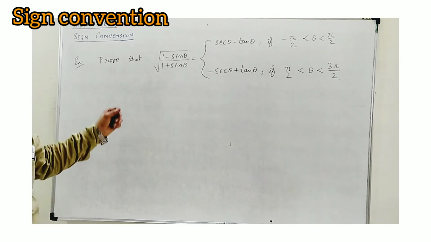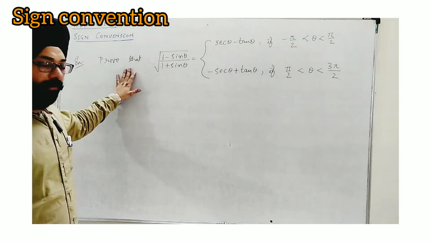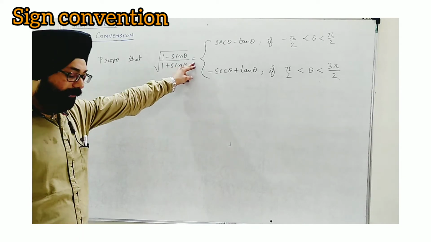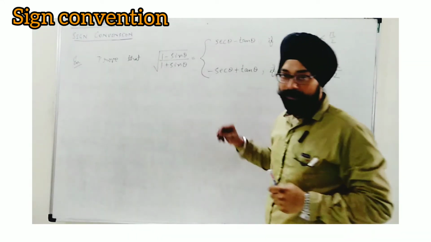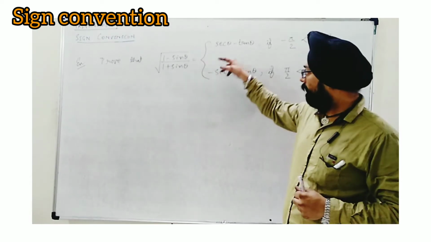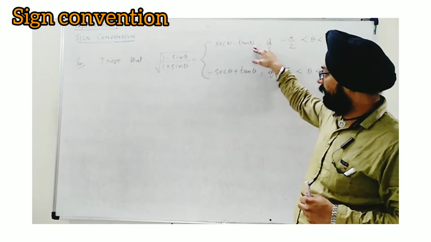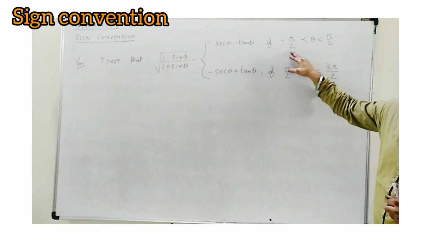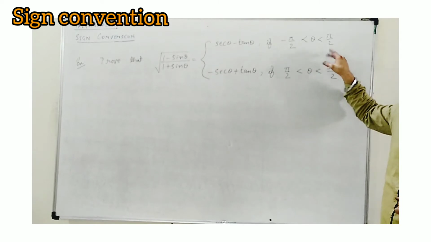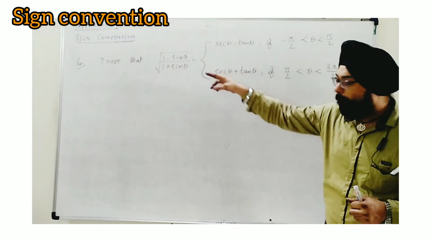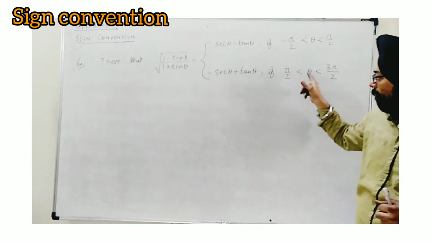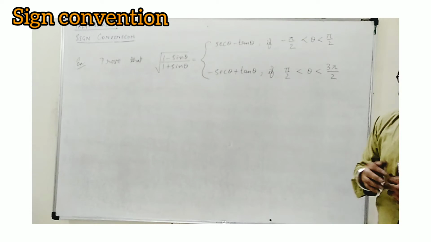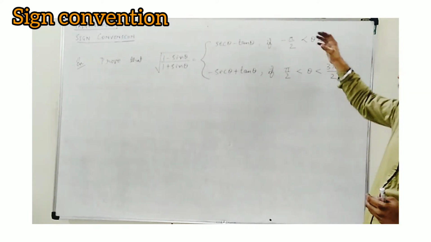Now as next question I have taken, prove that under root 1 minus sin theta upon 1 plus sin theta is equal to, we are given two values, not a single. Its simplification, we are given two forms. One will be sec theta minus tan theta on the condition if theta lies between minus pi by 2 and pi by 2. This I will explain. Next value is minus sec theta plus tan theta if theta lies between pi by 2 and 3 pi by 2. Here I guess that we may have a problem.